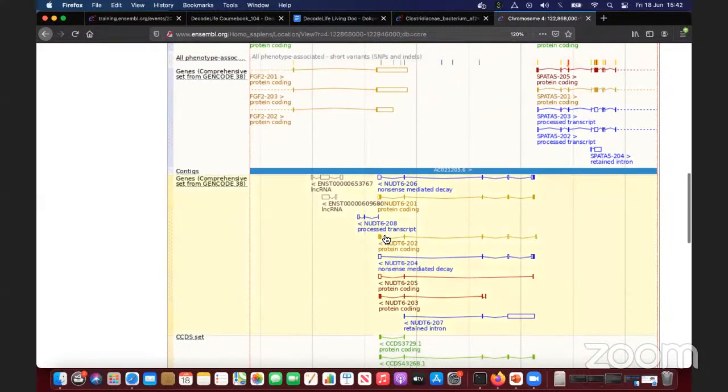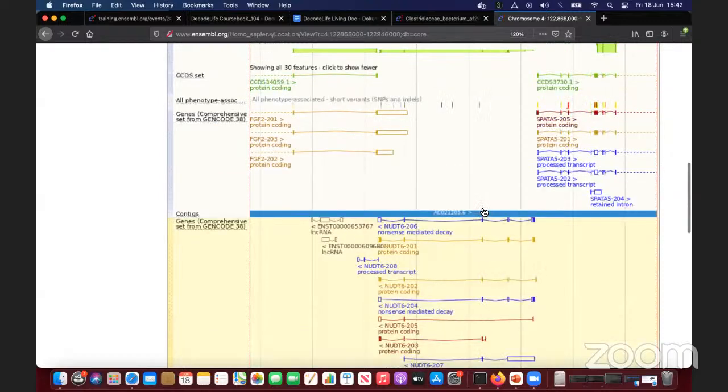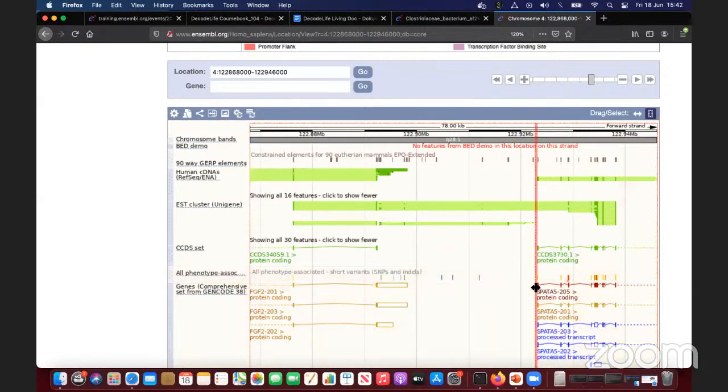Furthermore, all of those features are interactive, so you can click on them, and that's going to open a pop-up window with more information, hyperlinks to other pages. You can also draw boxes in this view. And for example, let's say I'm interested in this exon. So exons are shown as boxes connected by introns shown as lines. So if I wanted to highlight this